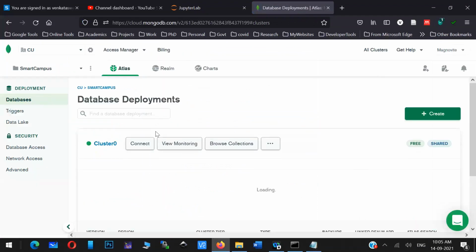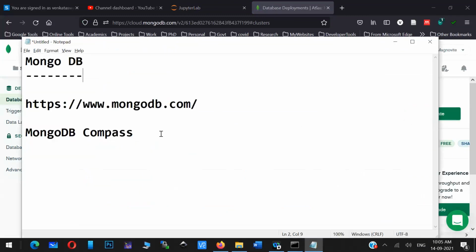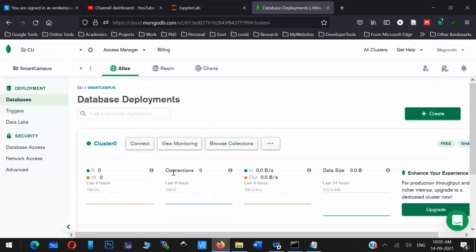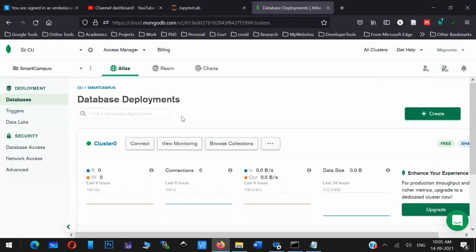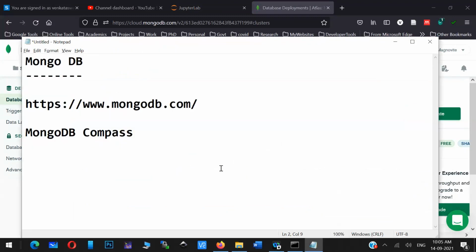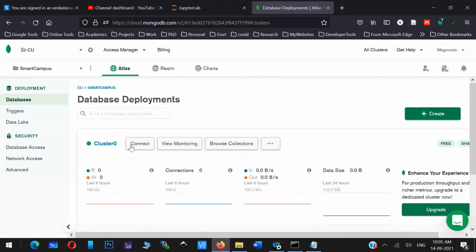So what we are trying to do here, we have created one cluster. Okay, so this is basically a cloud database, and now it is available. Similar to how we created the PostgreSQL database on the Heroku website, Heroku Cloud, we are creating one NoSQL database in the MongoDB cloud. Okay, so we have created one cluster. After that, how to access that database? That is what we are trying to do.